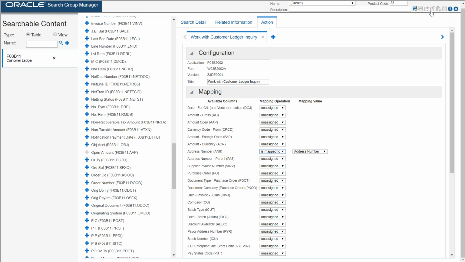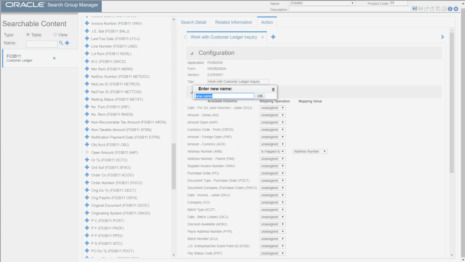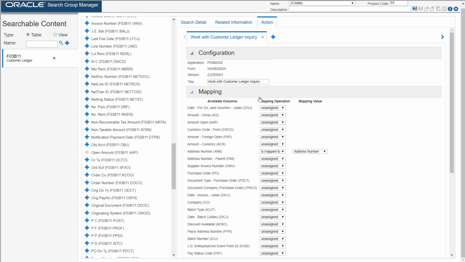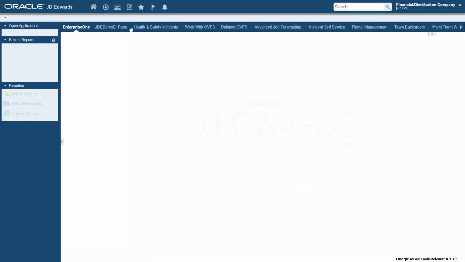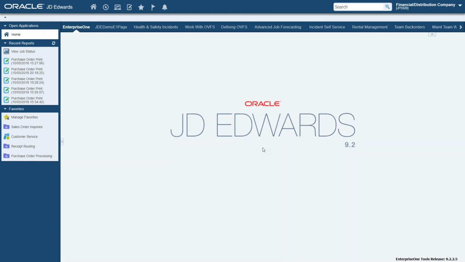Look at my icons up here that I showed you on the PowerPoint. This first icon says save. So I'm going to save it, and I'm going to call it Webcast. Now, naturally, you'd call it something a little more germane. You might call it customer inquiry or whatever. But right now, we've created a search that if I get out of this application and go back to my menu, we've created a search that if I come here now and type in something,